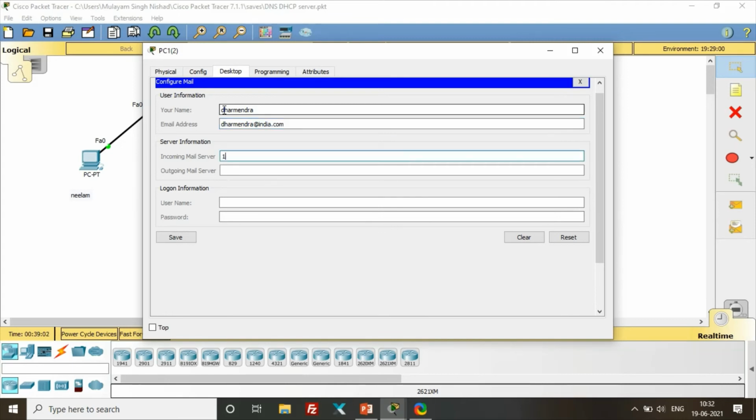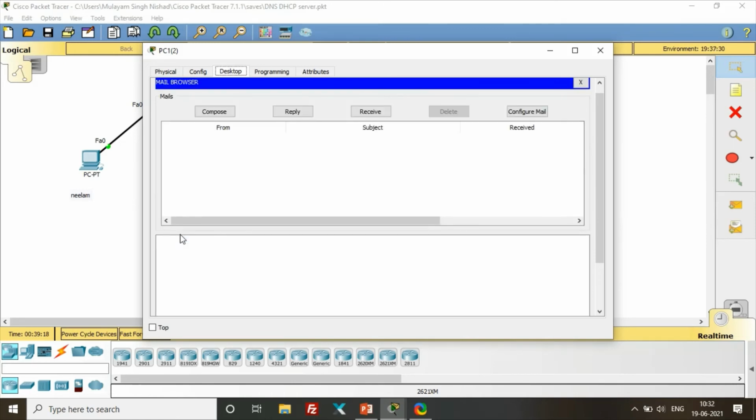The incoming email server is 192.168.1.100, the same email server is required for the outgoing email server also, and the username is Dharmendra and the password is D. So we have configured two PCs with usernames. Now we are ready to send mail to each other.